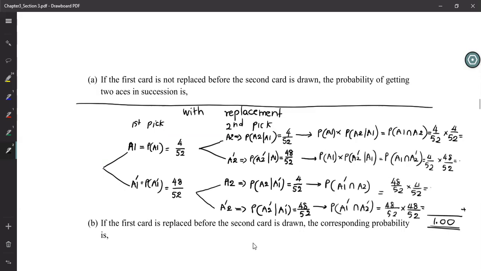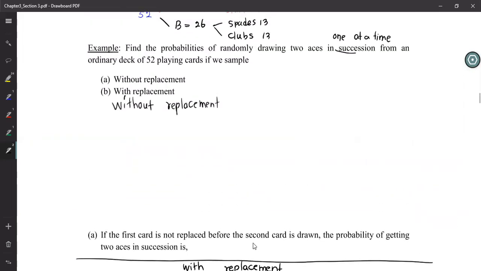No, right? Why? Because you replace the card. So when you're going to pick the second one, you already have all 52 cards, all 4 A's. So nothing has changed in your sample space. It is like the initial state. So whatever happened in the first pick, it's not affecting the second pick at all. But when you are not replacing, it's not the case. Okay, so let's check it. Now you know the tree diagram, so I'm going to draw it fast. Okay, here's my first pick.